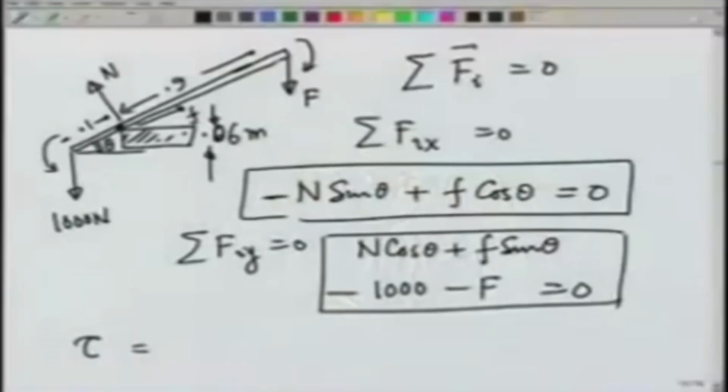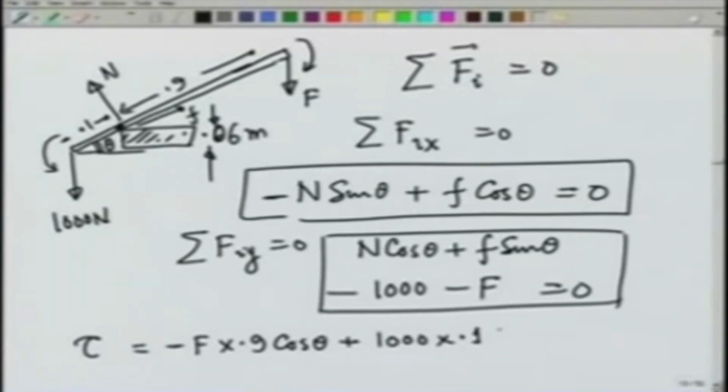Clockwise would give me a minus k. So, F times 0.9 cosine of theta with a minus sign plus 1000 times 0.1 cosine of theta is equal to 0,